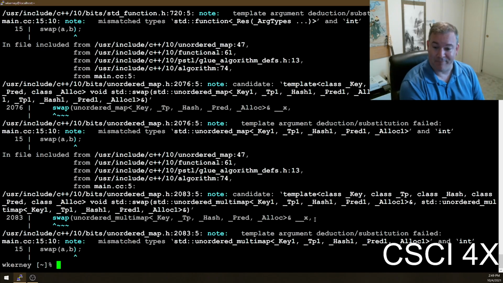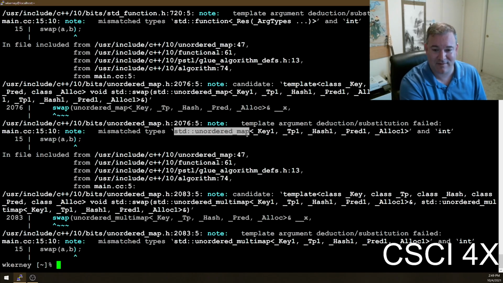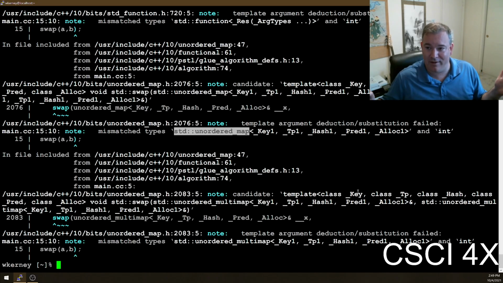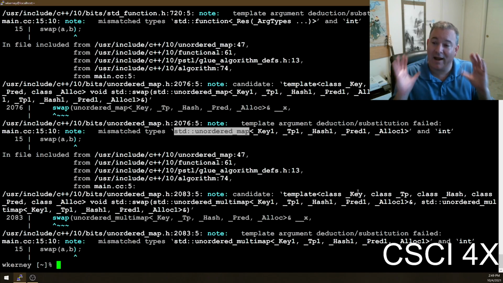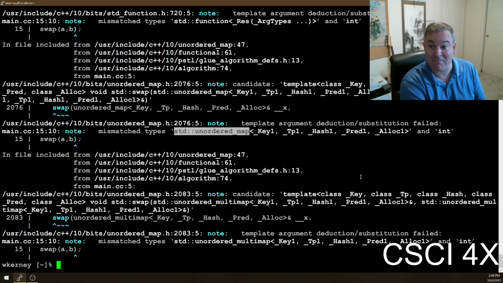Let's talk about it. So what we see down here is that the root problem is that you can't switch an integer and a double. Swap takes two things of the same type. That's the problem. What it's trying to do, though, it's trying to convert... at this point, I don't even know what's happening. This is something called a hash table, which you'll learn about in CSI 41, which is a way of very quickly storing millions and millions of numbers, possibly. And it's trying to say, all right, I tried to see if I could switch a hash table with an integer. And you know what? You couldn't. Couldn't do it.